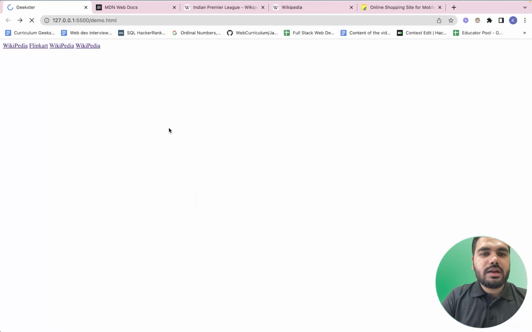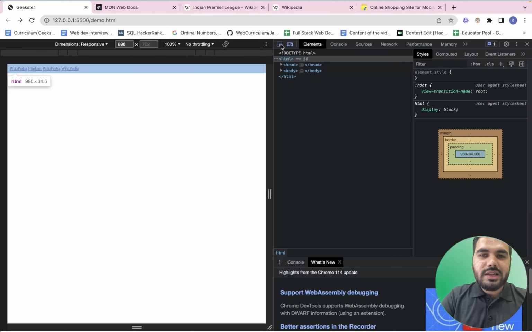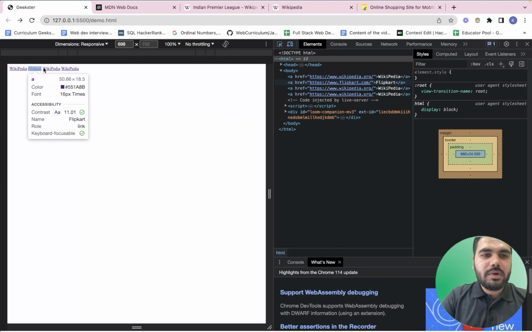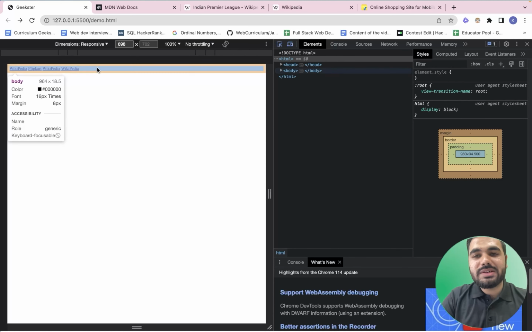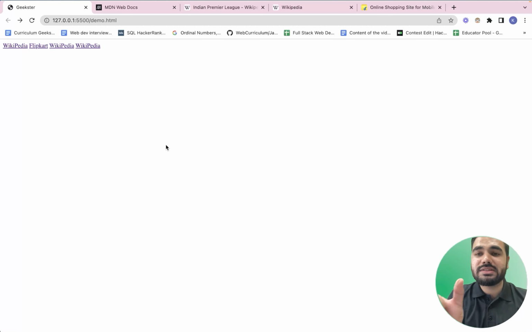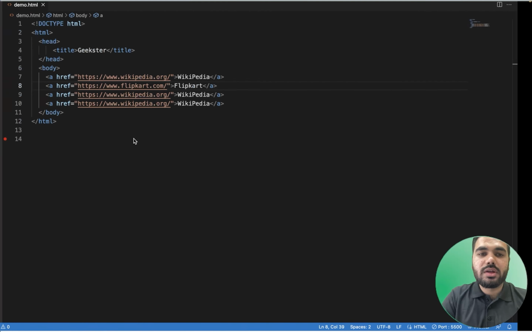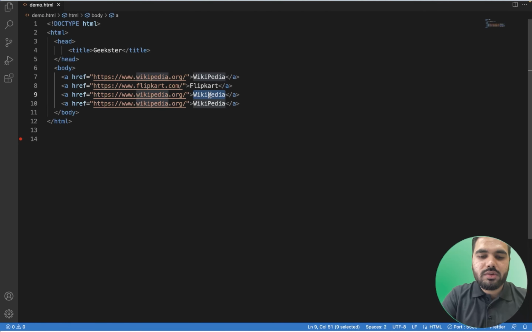Okay, and if I just go to inspect page, you can see all of these elements, all of this Wikipedia, Flipkart, Wikipedia, all of these elements are nothing but my inline elements. It is taking the simple space that is till the content it has. Now I need to change to Facebook,